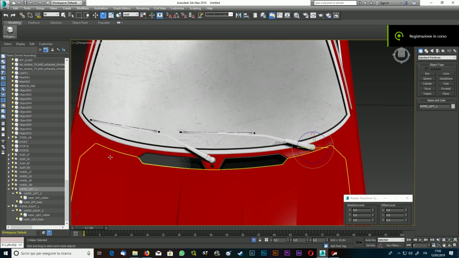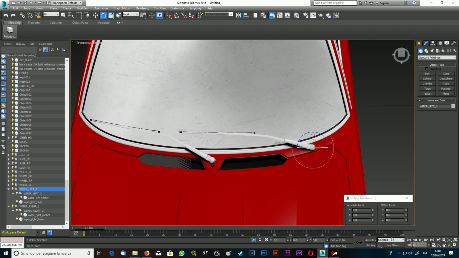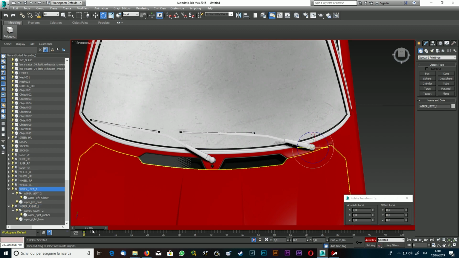So we do this way. We select the wiper left dummy here. We set the timeline auto key to be able to record. Okay, then we set the key for the first frame, frame 0 for the wiper left, and then for the wiper right dummy. Let's go back to the wiper left dummy,